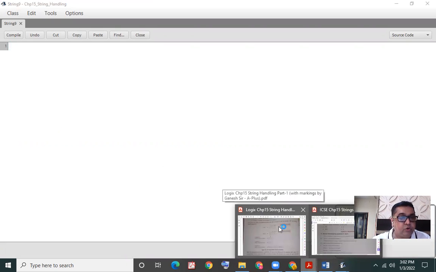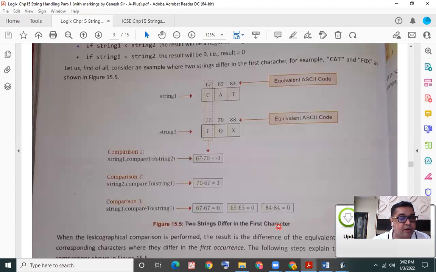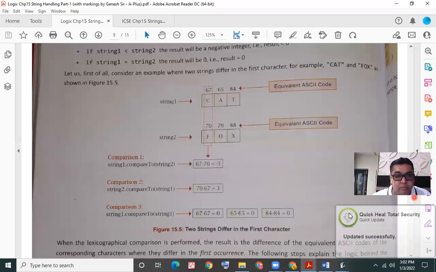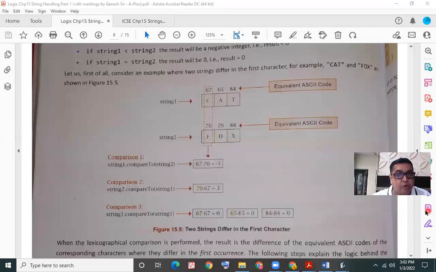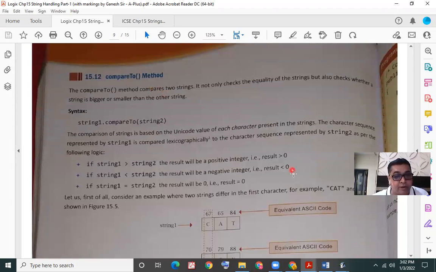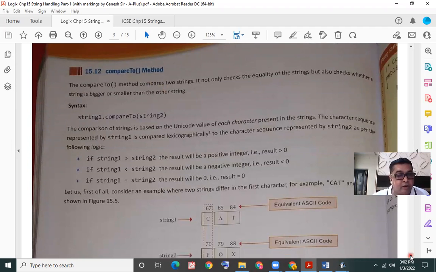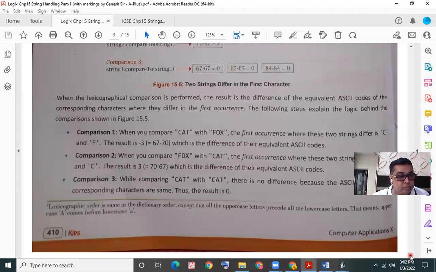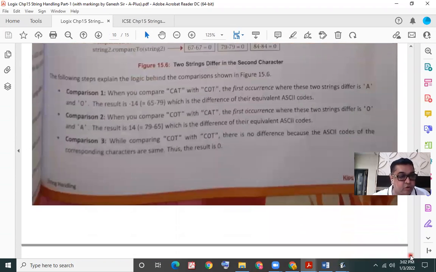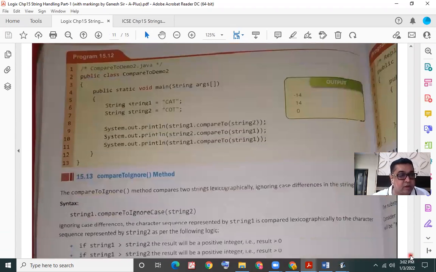Let us refer to the textbook, this particular chapter, the notes. We have done these two methods, compareTo, which we completed at the beginning of the session. Then after this, I did with you another variation of this method, that is compareToIgnoreCase.